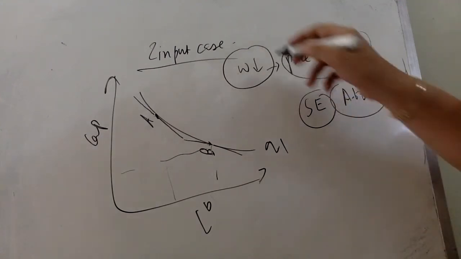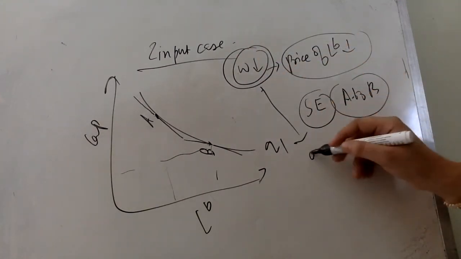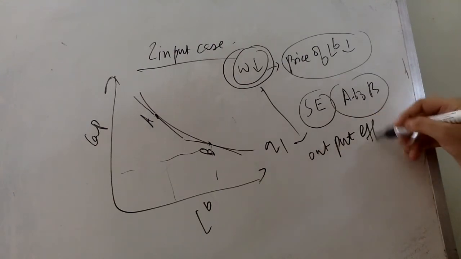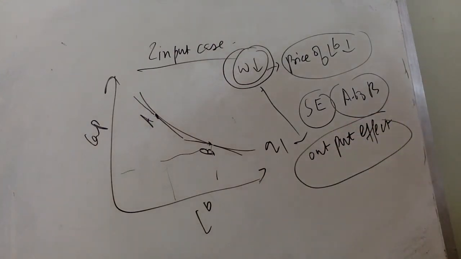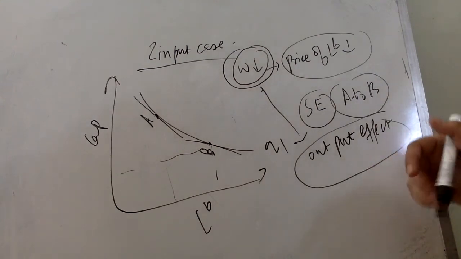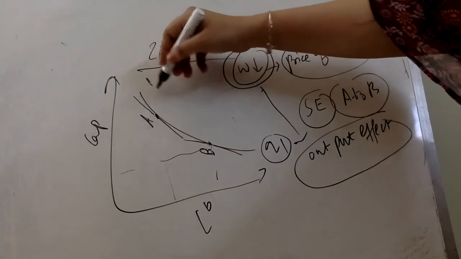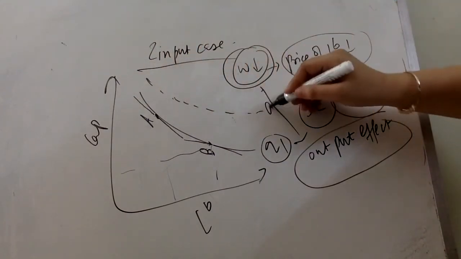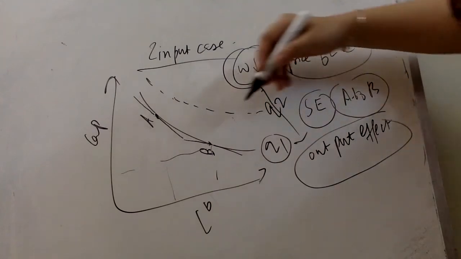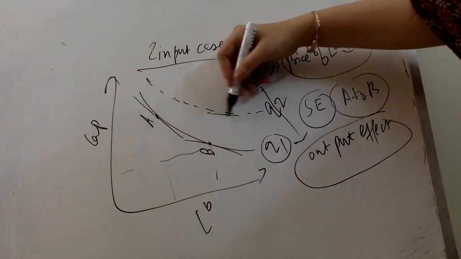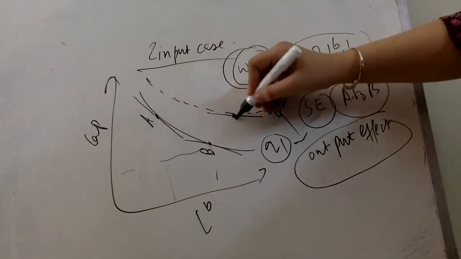Now in addition to it, because the wage has fallen, there is an output effect, because it's cheaper for the firm to produce more output. Since the wage has fallen, the firm feels it can produce more output with the same units of capital and labor, or able to save on cost, and therefore there is an output effect, as a result of which the output itself moves from a level say Q1 to another level Q2, and this leads to a further increase in the demand for labor, moving from point B